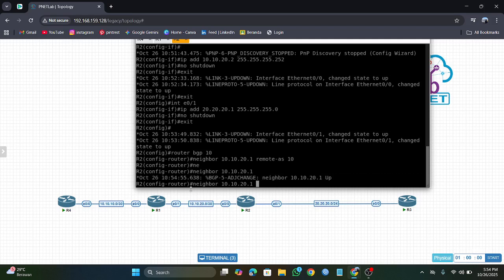You tap update source. Update source interface A0/0. Enter.